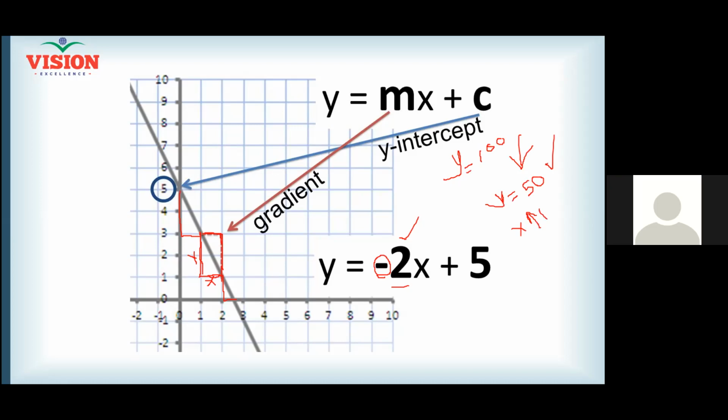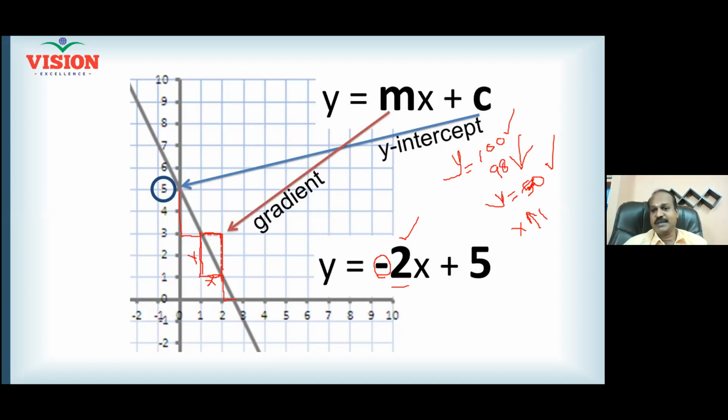According to the relationship, when I increase x, my y will decrease, isn't it? Yes. And when I increase x by 1 unit, y will definitely decrease by 2 units. So that way, I will be able to reduce it. Y will not immediately come to 50. Suppose at a particular value it is 100. When I increase x by 1 unit, y will come down to 98. 2 units it will come down, isn't it?